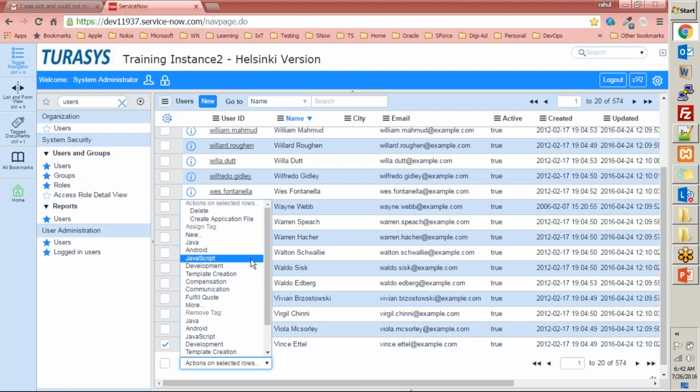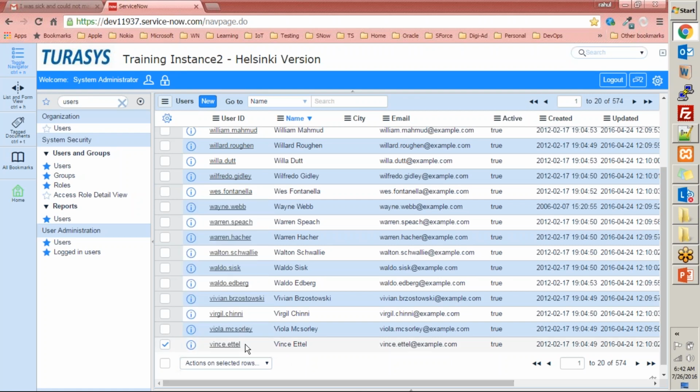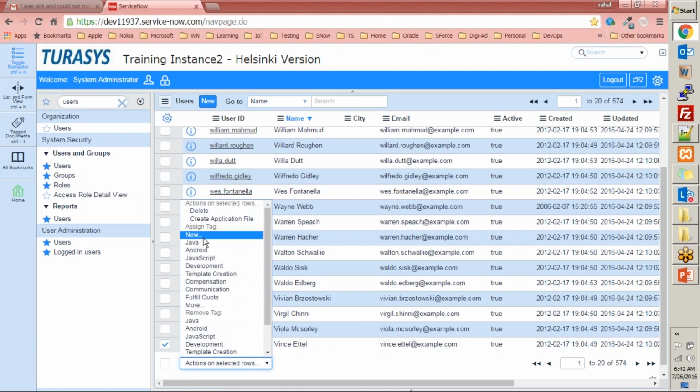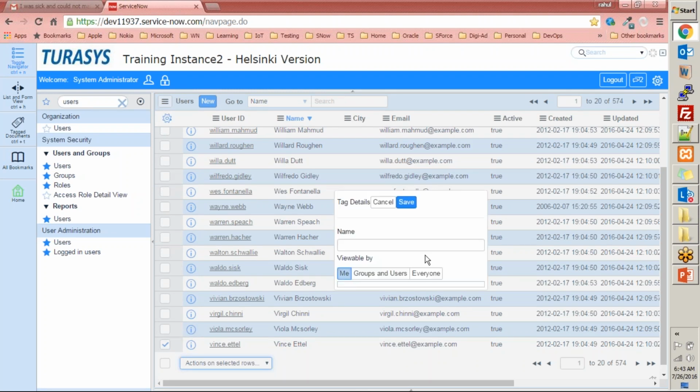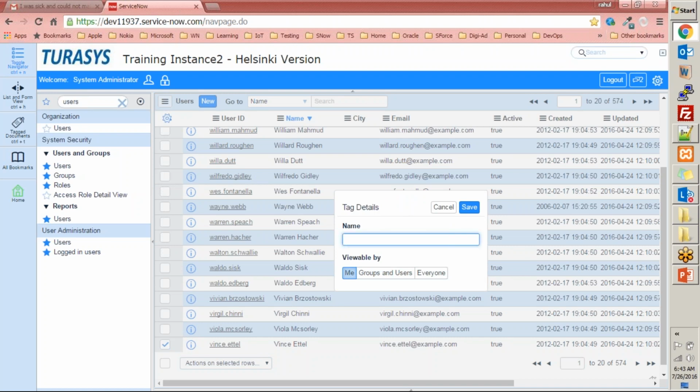These are tags. If you want to tag any particular record with some text, you can tag that too here. For example, if you want to do a new tag, you can go ahead and create a tag and associate it to the particular record, right? And the benefit of having the tag is that at a later point of time, you can go ahead and search only those records that you have tagged with a particular text, right? Meaning tag-based search is also permitted here, right? For example, if I go ahead and tag it as a special user and save it,